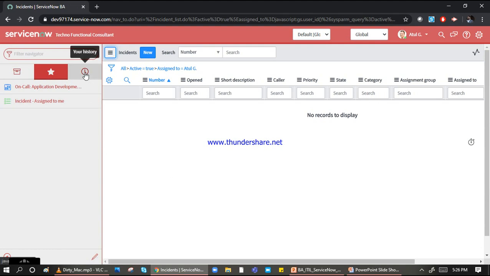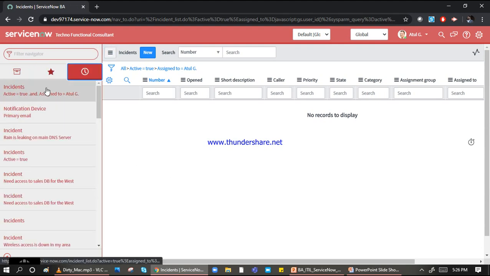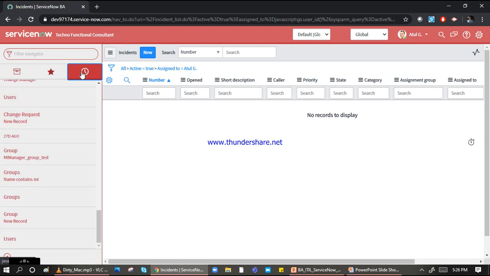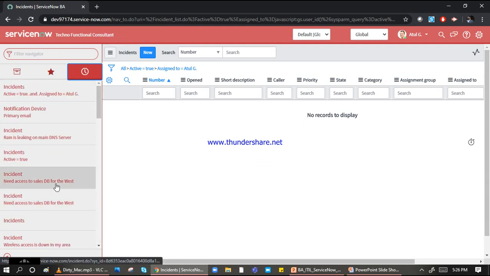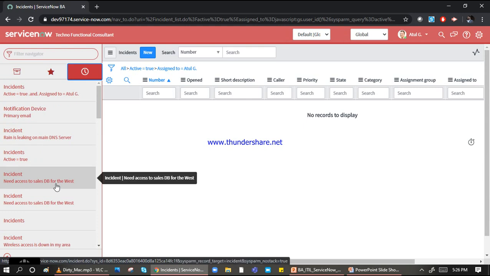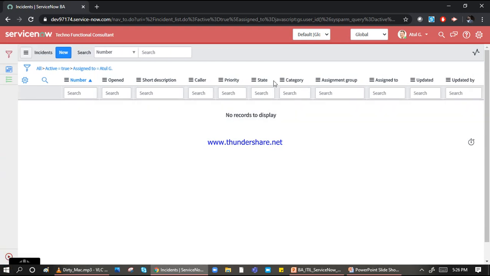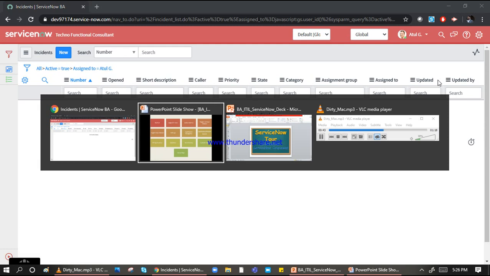The last one is called the history. Here I can see what actions I did, as per the history for me. So it saves your history accordingly. And at last, if you want to see the complete full screen, click on this navigator minimize. So now you can see the complete page on the screen. Okay, so I'll take you back to my slides now.